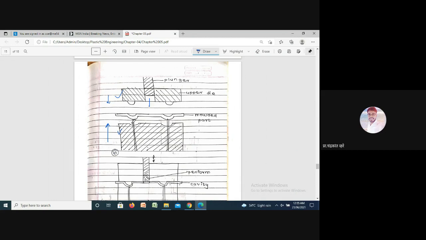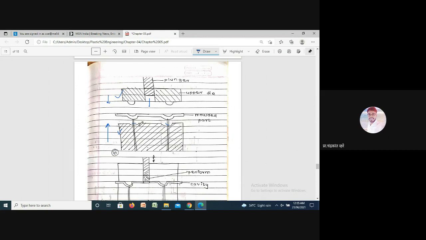If you see here, this is a shape and this is a shape. So this plunger will force the material into it. This is the general procedure of a plunger type transfer mold.